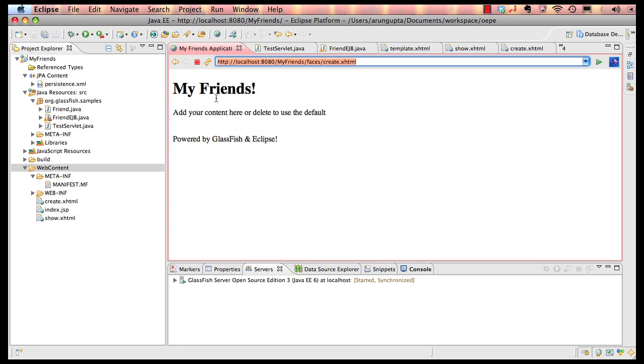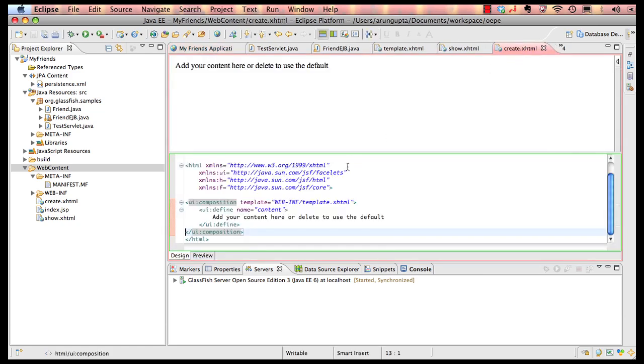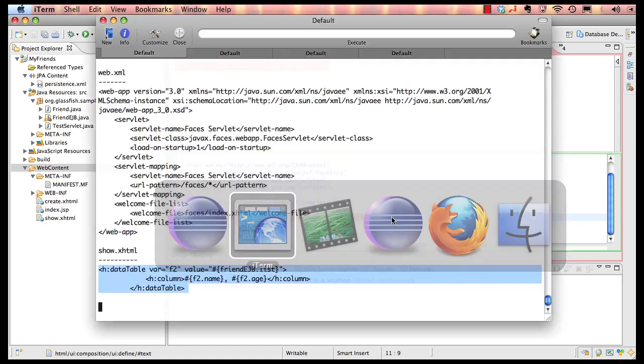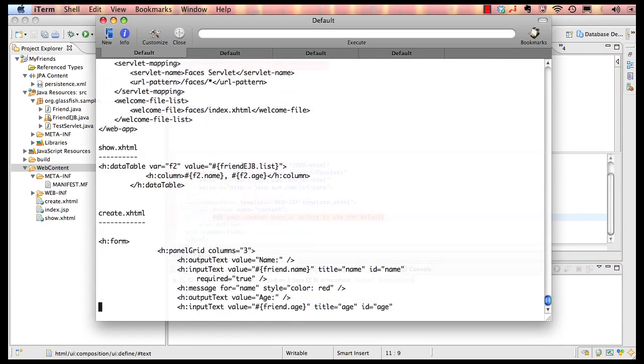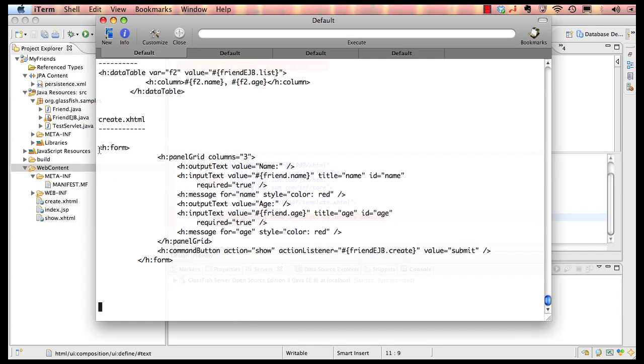You can basically use this concept to create a consistent look and feel for your entire website. One template, multiple using pages. Now back in my create.xhtml, I want to add a form which will accept the input, for example. So let me borrow some code for that. Let me copy this code here,